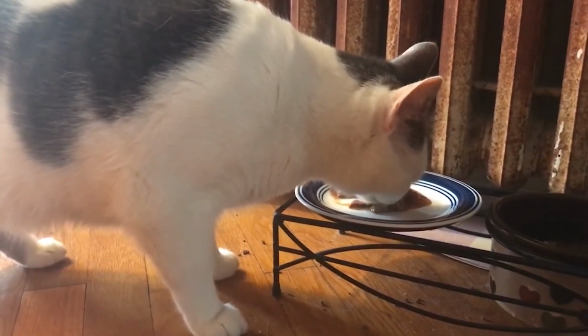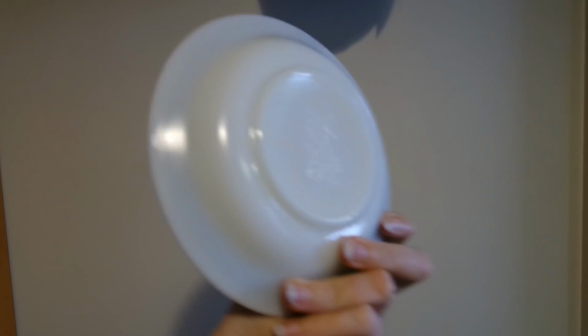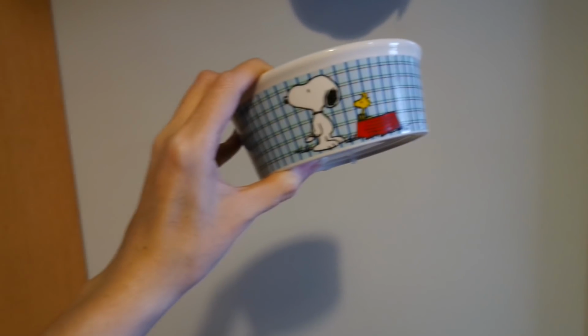and then my other cats do best with little, almost saucer-like bowls. I have these really cute authentic Pyrex bowls that are perfect for cats, and they still fit in the riser if I'm running low on bowls and just want to give one to Ethan. I've also found really cute novelty bowls at discount stores, so it's really nice,